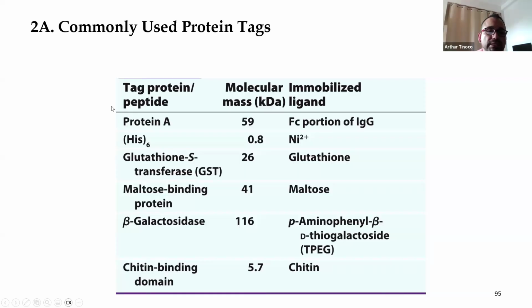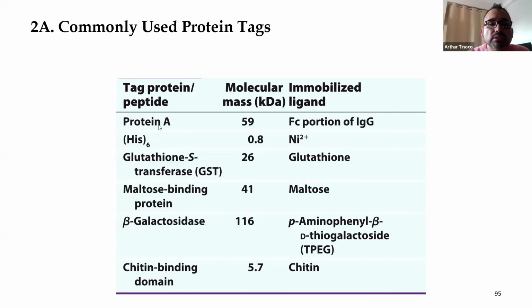One of the major ones is a histidine tag. The histidine tag can consist of different numbers of histidines, but typically consists of 6 histidines in a row. And so you can immobilize it on a resin that consists of the metal nickel, because nickel, in terms of its metal properties, has an attraction for molecules like histidine. So that requires a little bit of metal chemistry, but just the understanding that the nickel is attracted to the histidine, and that binding of the histidine to the nickel is what then allows you to separate your protein